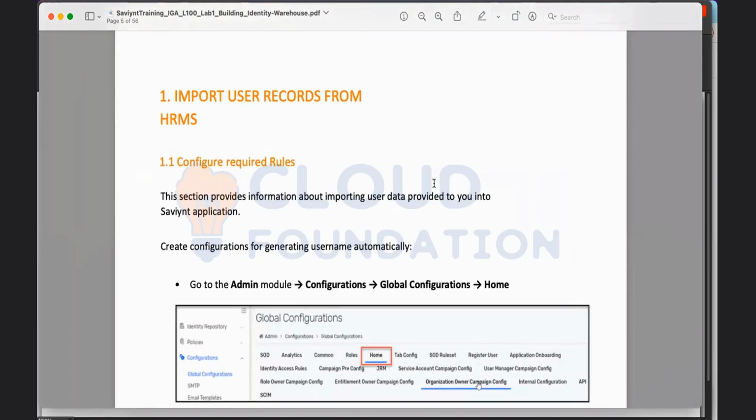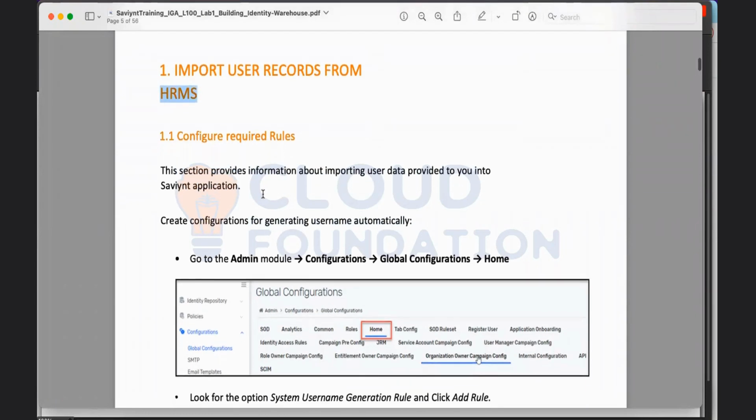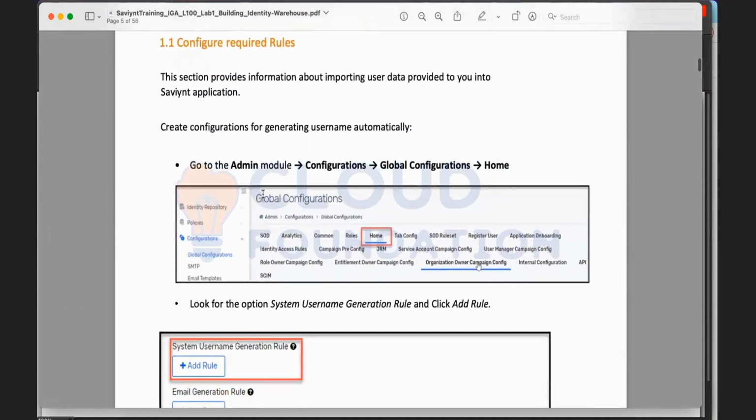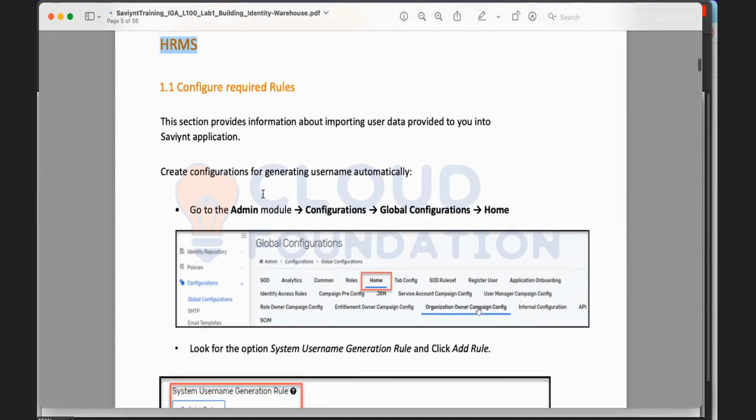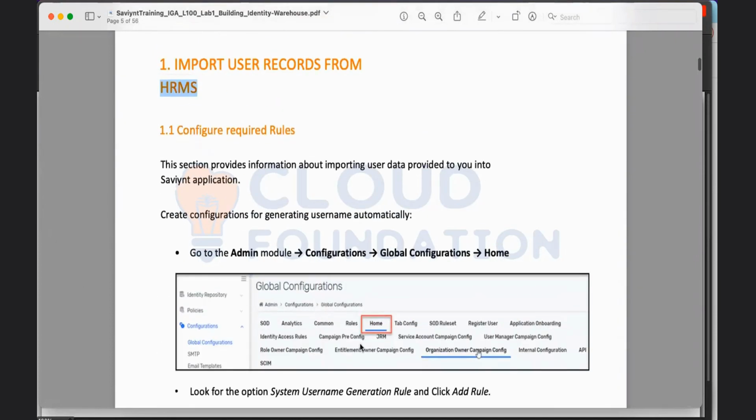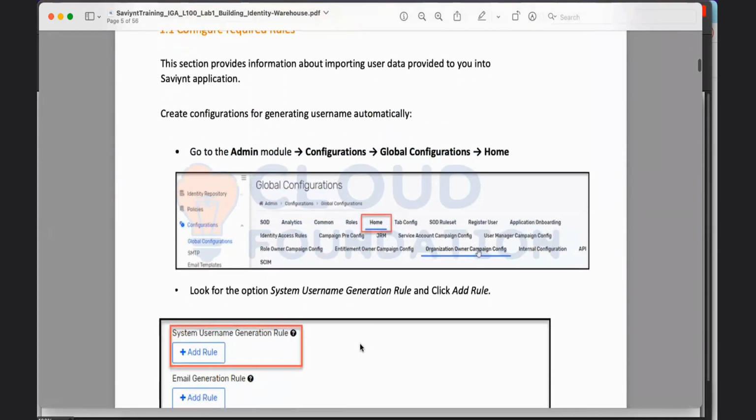So within Saviynt, from a conceptual perspective, I've explained everything. Now we'll be getting into the nitty-gritty of things. The first thing after getting the Saviynt instance that I want to do is to import user data. How do we import existing users' data? We will import it from the HR source as we discussed. Before we can do that, we need to make some configurations. Before uploading data into Saviynt, we will